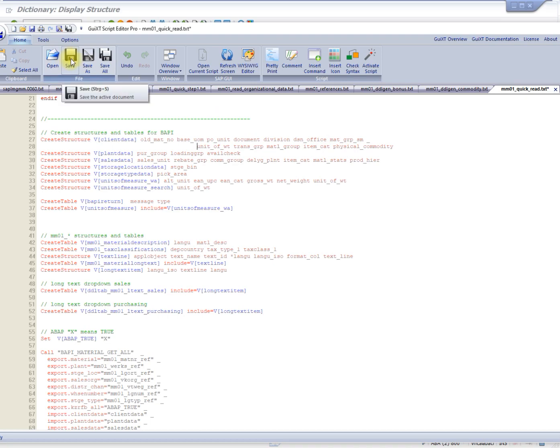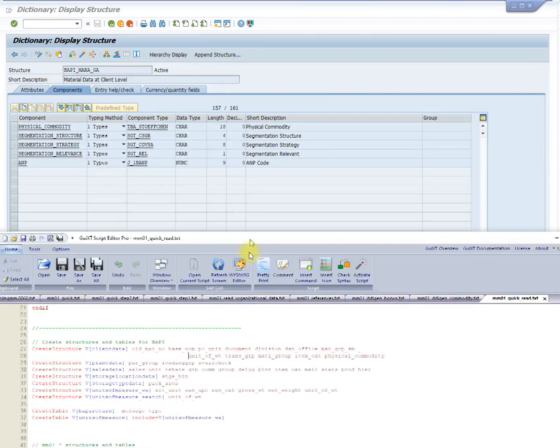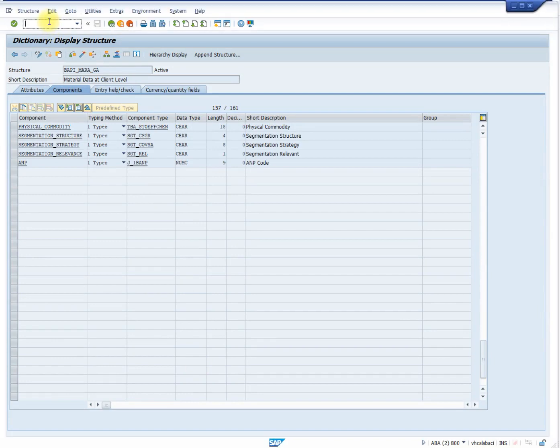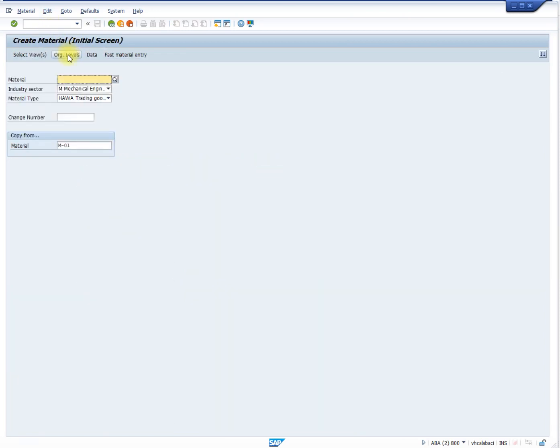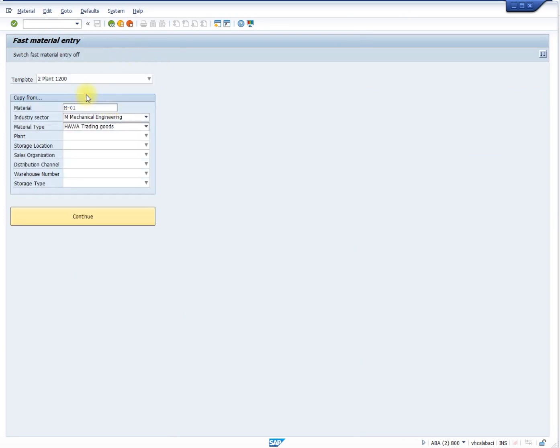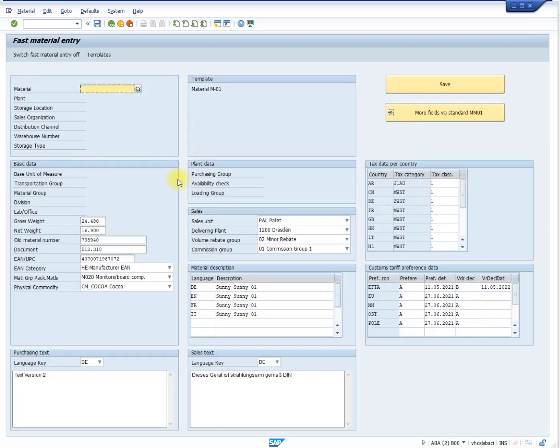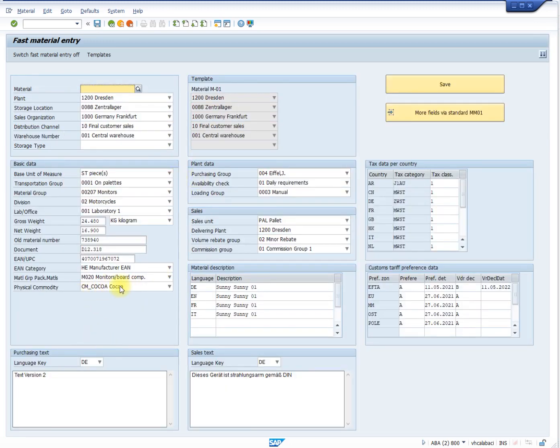With that, let's save the script and test MM01. Fast Material Entry, Template 2, Continue, and yes, cocoa now appears in the physical commodity field. Thus, we have successfully read in a new value and want to turn our attention to the final step, namely